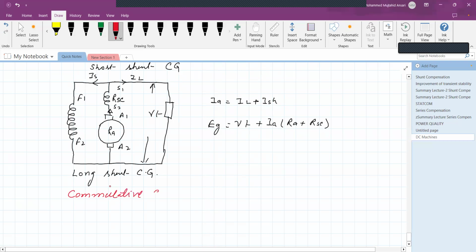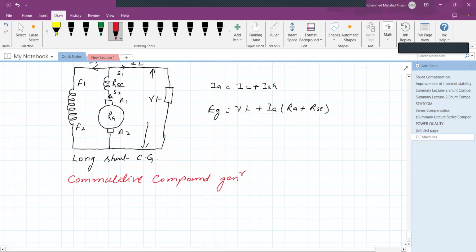Cumulative compound generator. The meaning itself is that there is something which is cumulative, adding to each other. So if you consider the